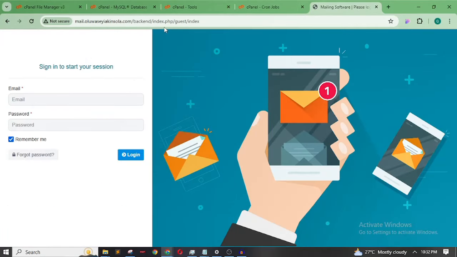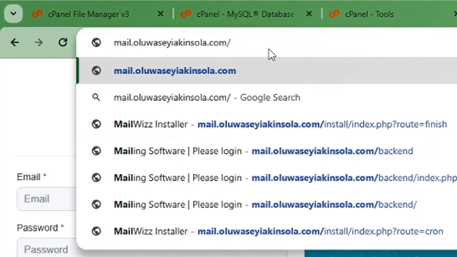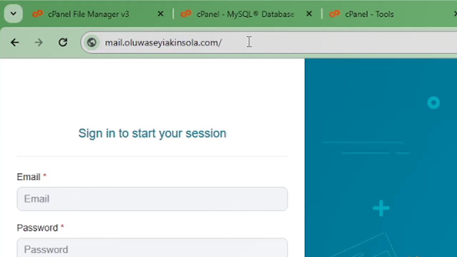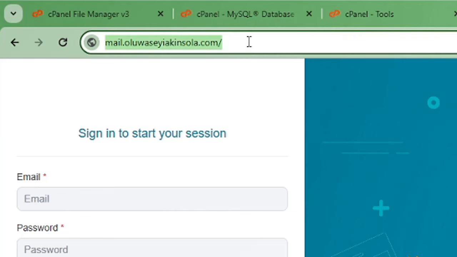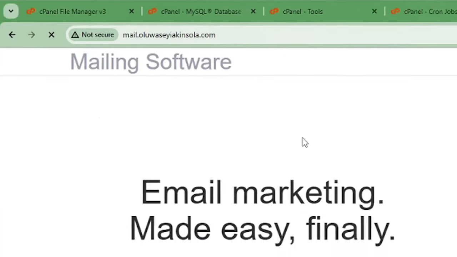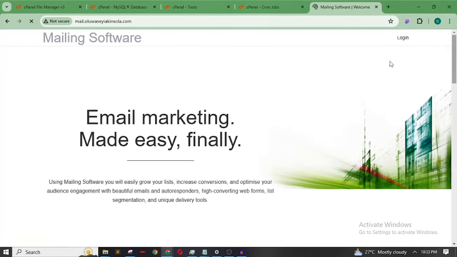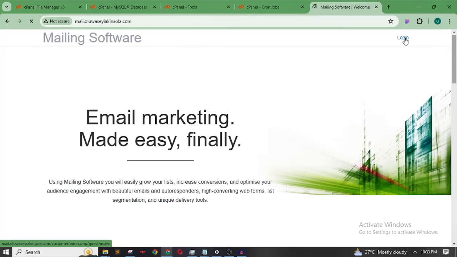So now to log in, you need to understand the URL. Let me just close this URL. Let me delete it. So this is the URL of the software. Remember we created a subdomain. So if I go to the URL directly like this, it will take me to the website itself, the mailing software website. So once I click on login here,